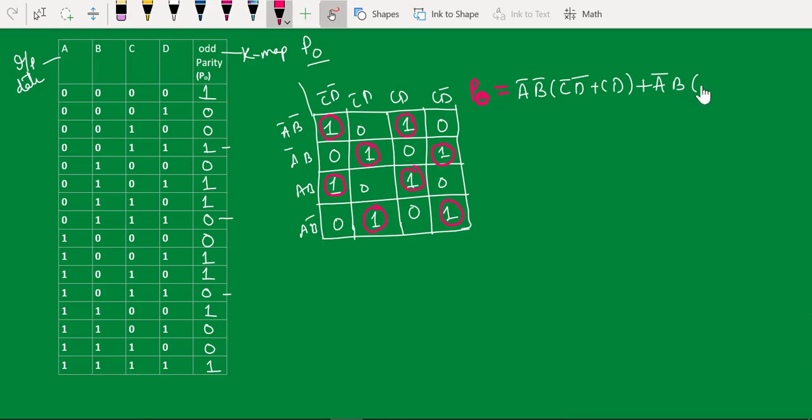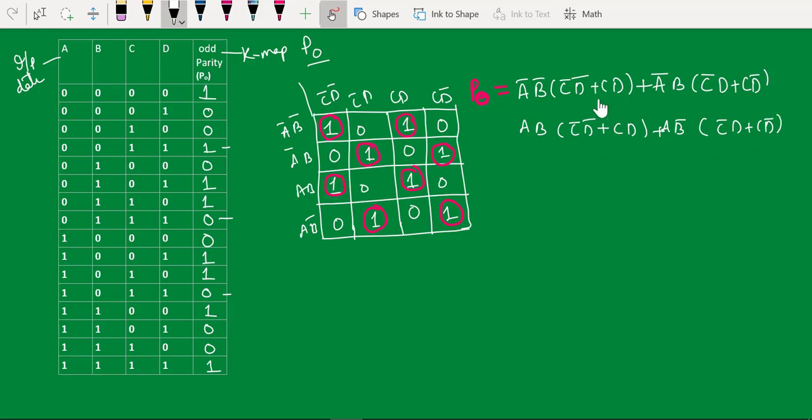and if you take along this line, A bar B times C bar D plus C D bar, and along this line will be A B times C bar D bar plus C D, and along this line it will be A B bar times C bar D plus C D bar.